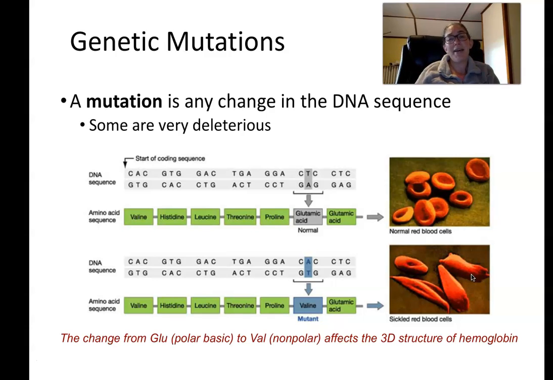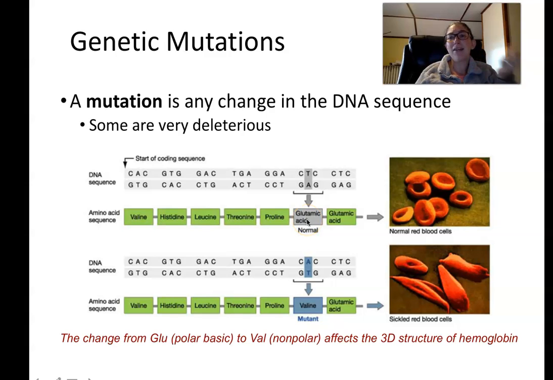So sickle cell anemia is a disease due to a mutation in the hemoglobin protein, which is basically the main component of your red blood cells. It binds oxygen and it's a globular protein, and it helps give your red blood cells their typical donut-looking shape. Well, when you have the sickle cell mutation, it's a single point mutation, so this T in the DNA sequence becomes an A, and it ended up changing the amino acid sequence from a glutamic acid, which is